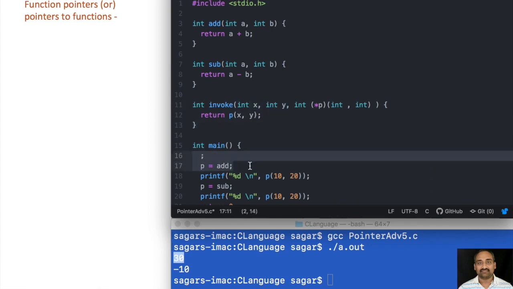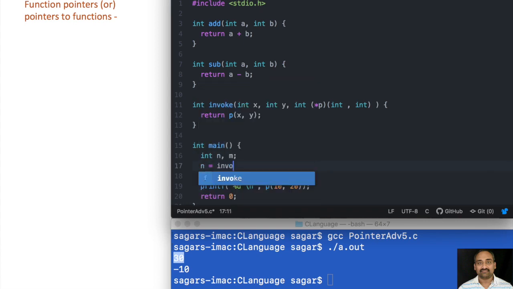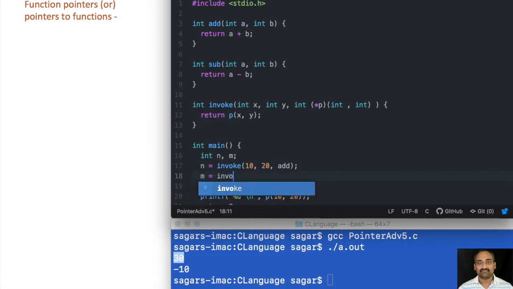So what this means is, in order to not confuse you, I'll just take two variables n and m. Now n equal to invoke(10, 20, add). Here x is 10, y is 20, and p is now given the address of the function add. Now p(x, y) will make a call to the function add, and similarly m equal to invoke(10, 20, subtract).